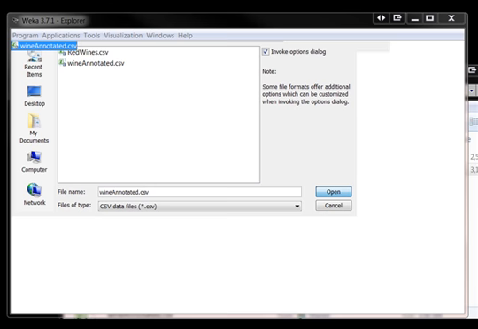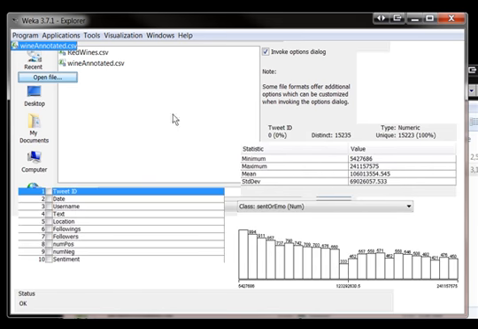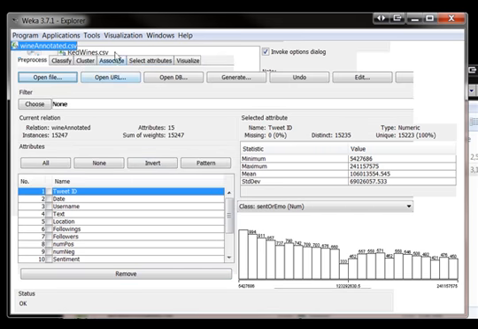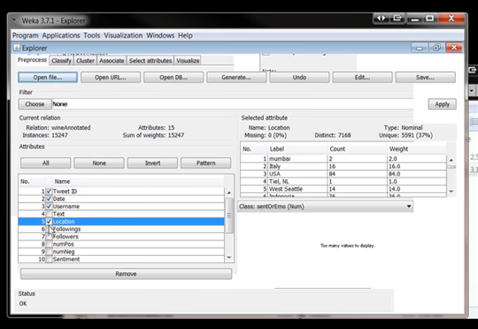Something's wrong with my computer. Okay, there, I guess it's working, sort of. Something's wrong, but, okay. So now I'm going to eliminate some of these fields